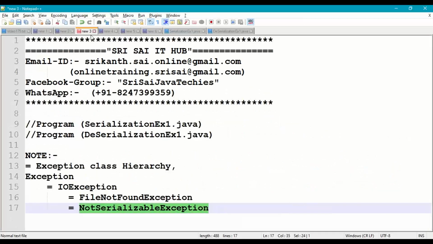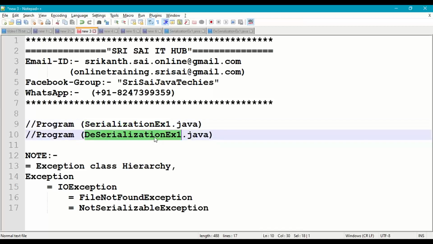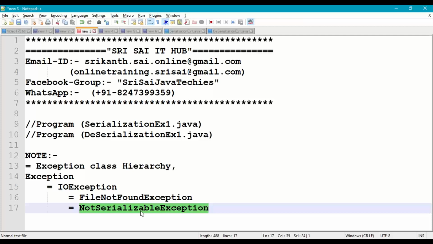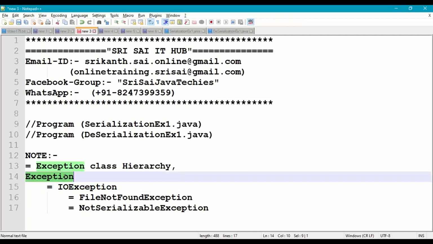So let us try to demonstrate this with the previous examples only. Serialization example 1, where we have serialized the student object, and deserialization example 1, where we have deserialized student object. So coming to not serializable exception. So not serializable exception is inherited from IO exception, and IO exception is inherited from exception class.